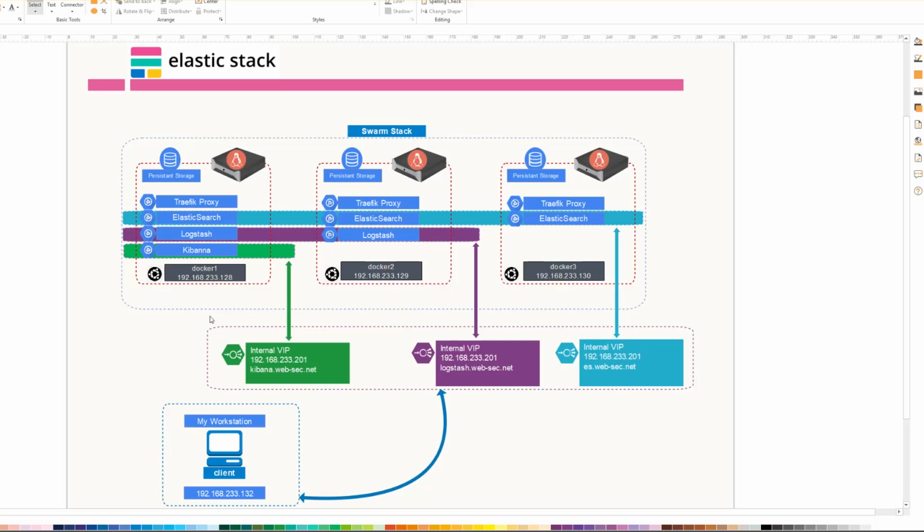I'm also going to have a load balancer, and it is going to basically do SSL offloading for me, and I'm just going to use one IP address and show you how to do that in the environment. And then of course my workstation, it's just a Linux machine, and it's on IP address